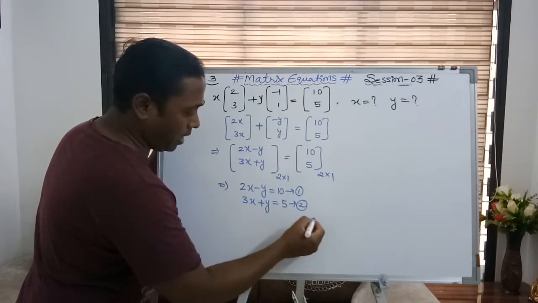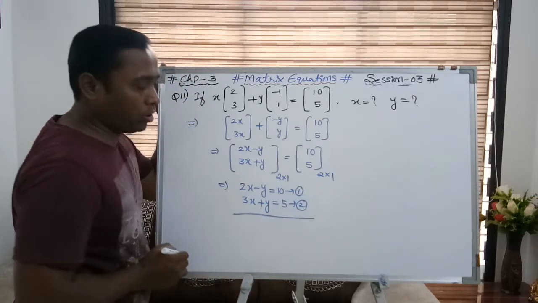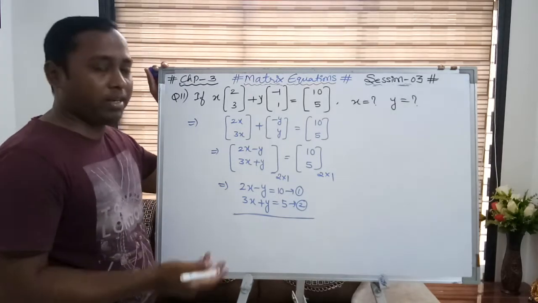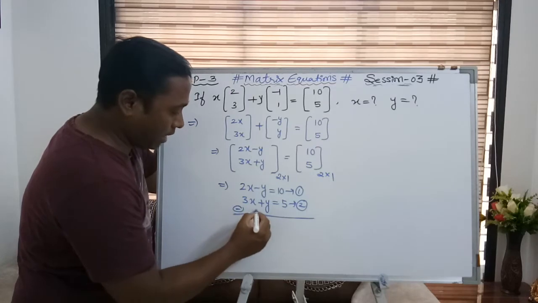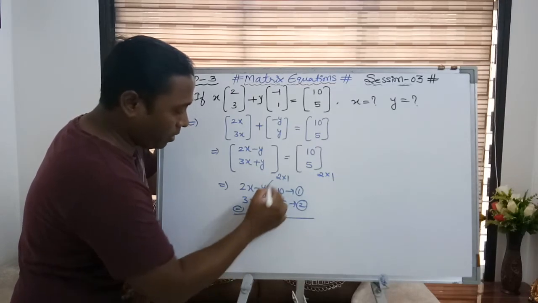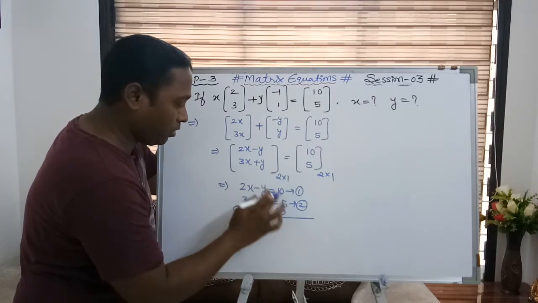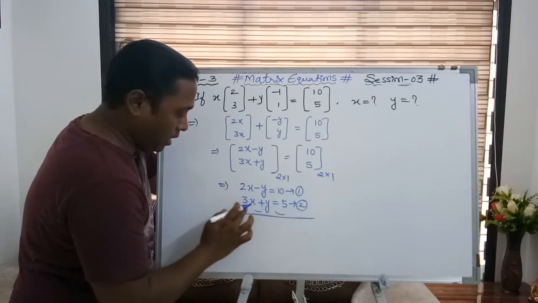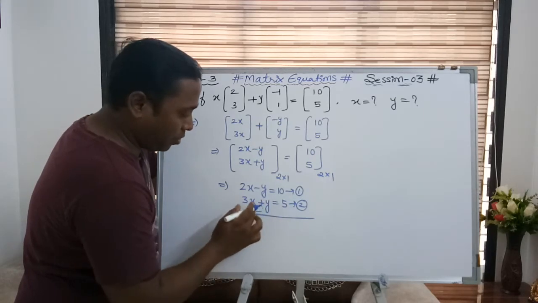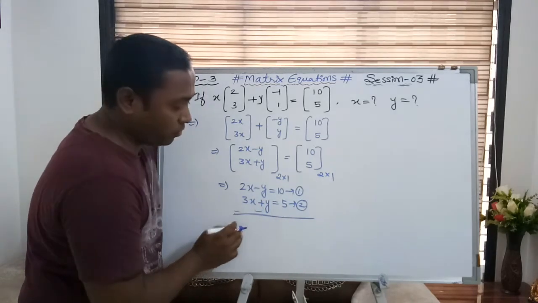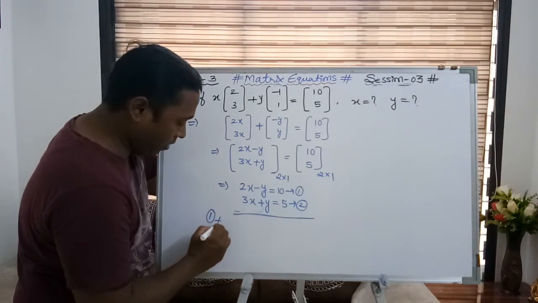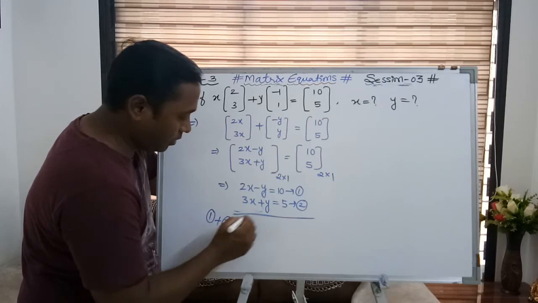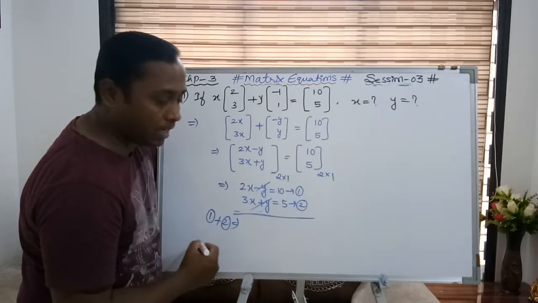Now simply by solving these equations by elimination method, you will be able to get the x and y value. Simply subtract them, directly subtract them. So here if you add directly, because already we have minus y and plus y, they are going to get cancelled simply by adding the results. So I am adding first and second results. Minus y plus y get cancelled.